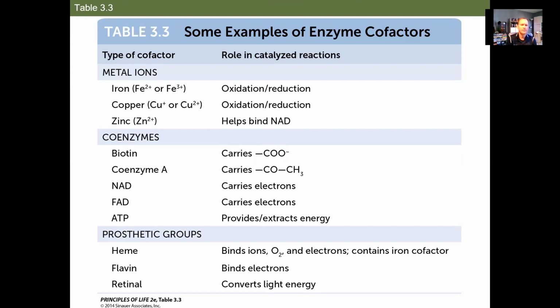Coenzymes like biotin and coenzyme A carry certain groups. Additionally, some important ones that you are going to learn about are ATP, NAD, and FAD. These are electron carriers that are going to be involved in photosynthesis and respiration. I'm pretty sure you all remember from biology class that ATP drives most of our life. If not, you're going to get a whole lot